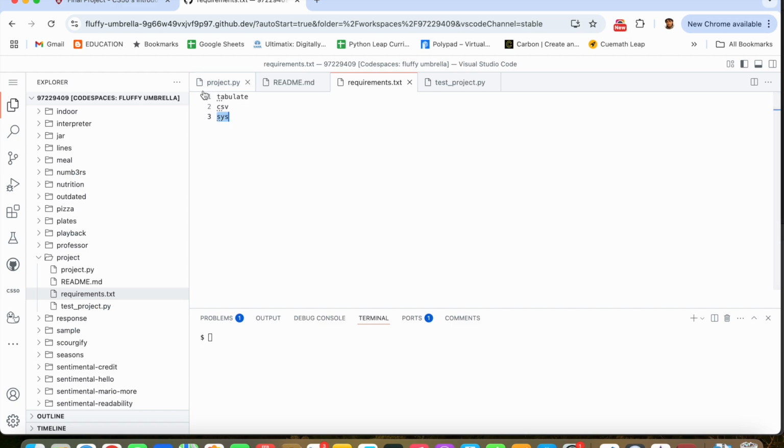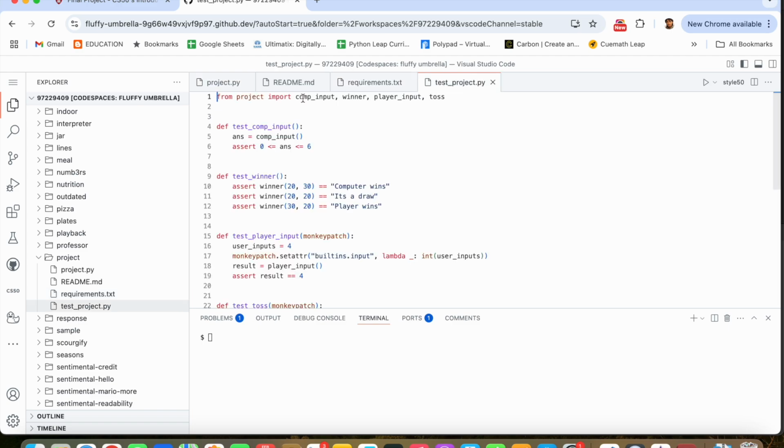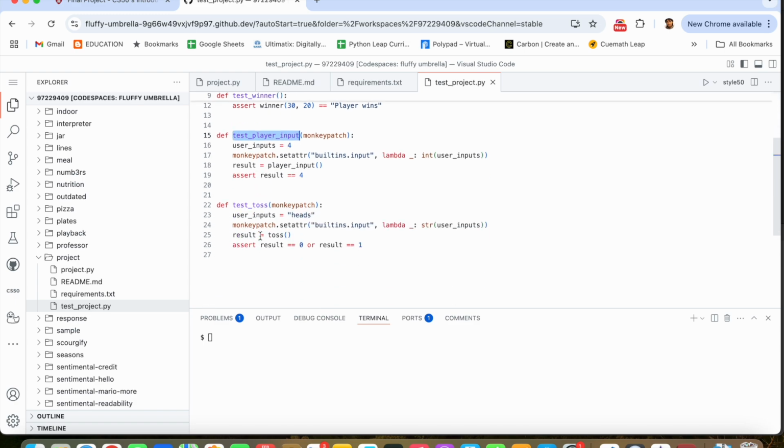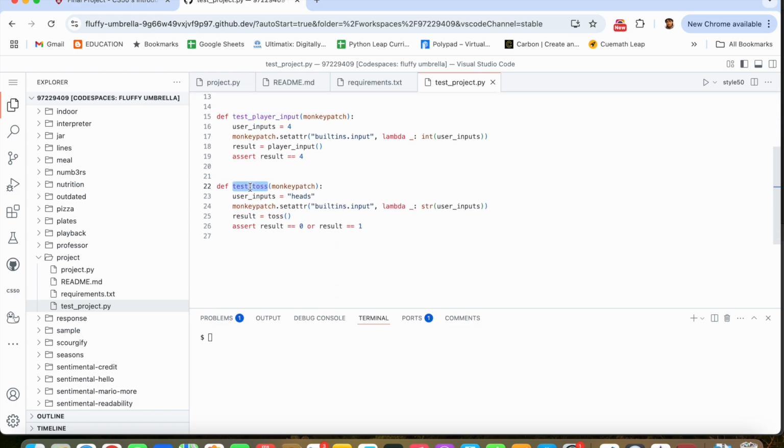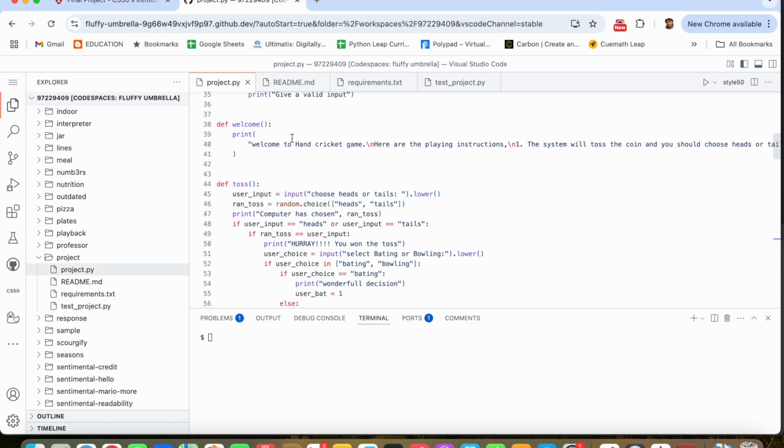Then from the main project I need to test at least 3 functions. So I have made test computer input, test winner, test player input, and test toss. While testing a function where the input is given by a parameter, it will be easy for us with the help of assert. But if you look at my test player input,